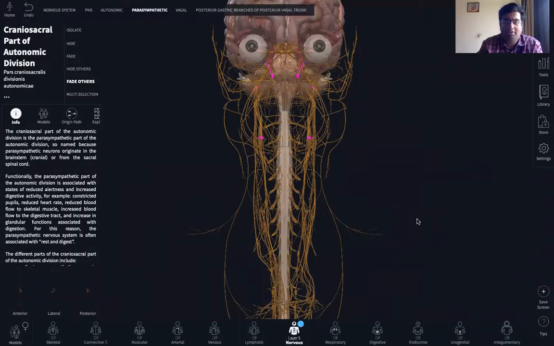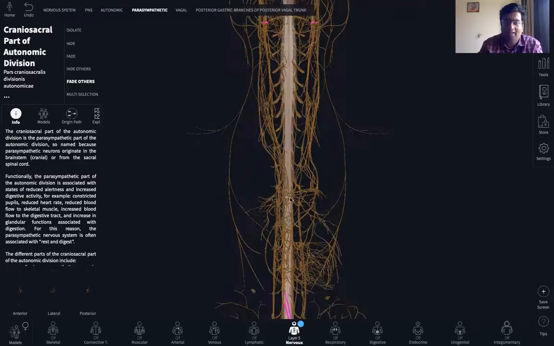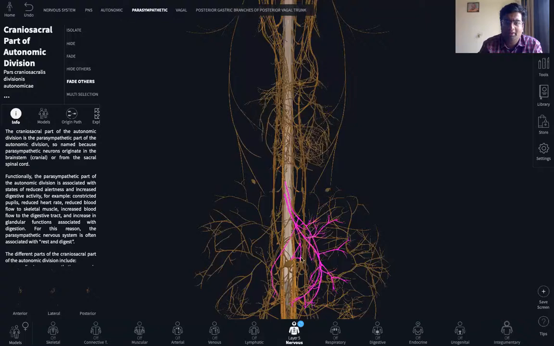So as you all can see here, the parts that are highlighted in pink are the regions that are located anteriorly above the neck. And you also have another region that is posteriorly below the waist. These are the nerves of the parasympathetic nervous system. Now, these two divisions of the autonomic nervous system, that is sympathetic and parasympathetic, are opposite to each other in